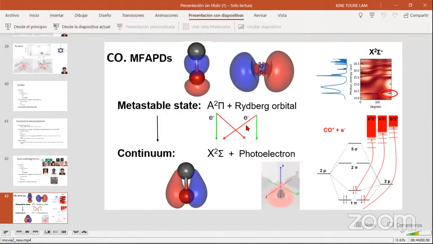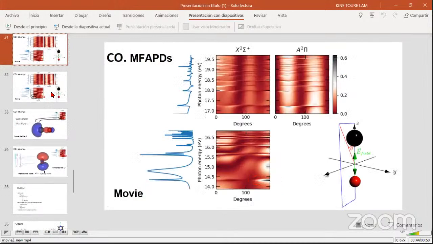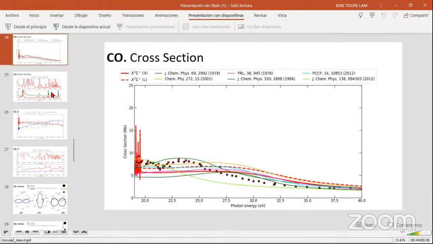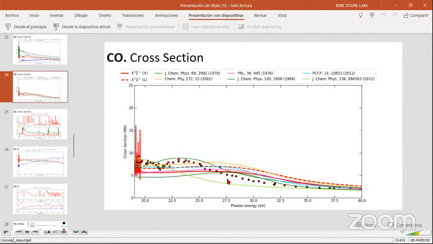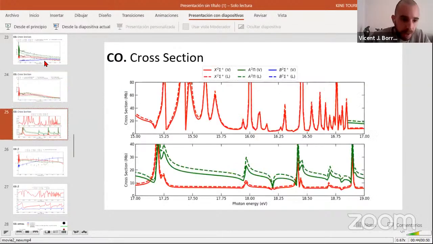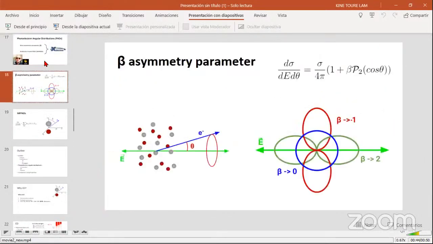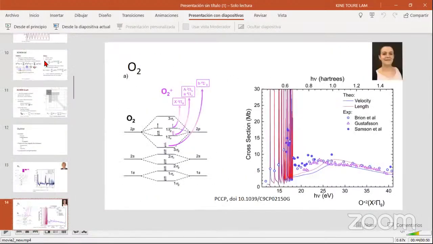you showed the cross sections for oxygen and I think also for CO, and you mentioned that it's difficult to describe the cross section in this medium energy region just over the resonances. In fact, there you had some more pronounced disagreement maybe with experimental data. I think it was more visible in the oxygen case actually. I was wondering why this is the case, because frankly, naively, I would expect that a code like XChem that is very